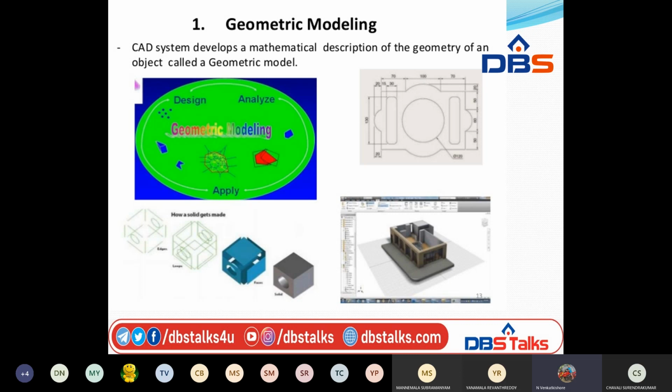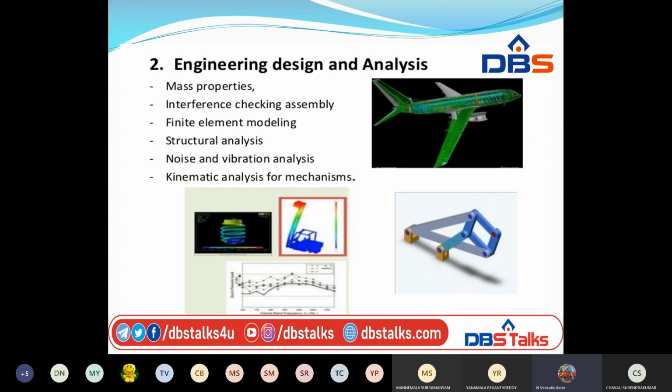The wireframe modeling is the representation of an object that can be enhanced by several different methods.